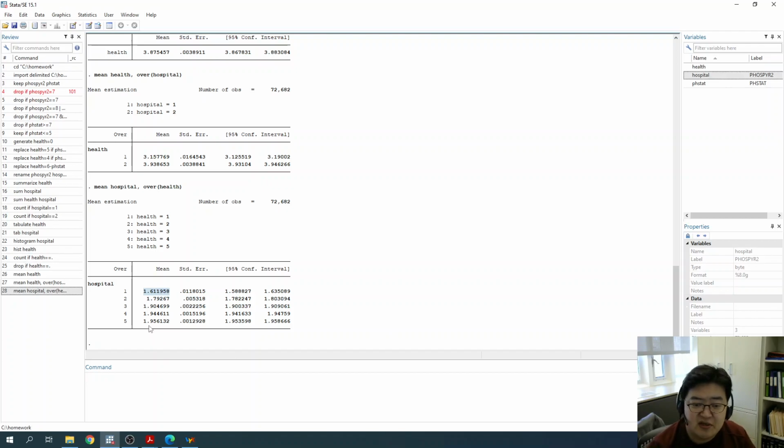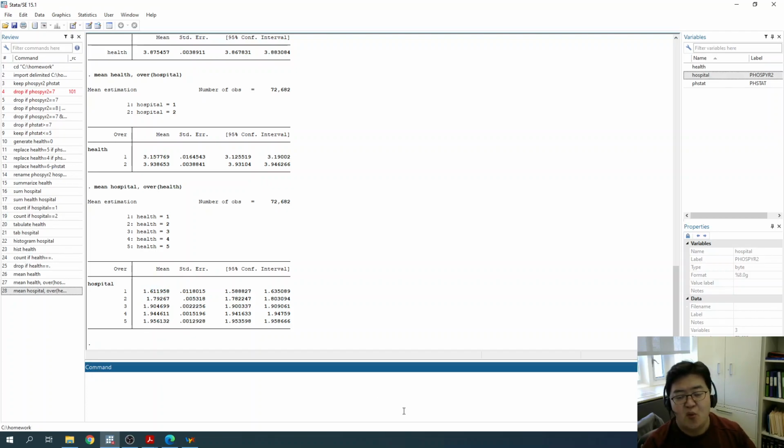What's clear here is if it's close to 2 rather than 1, that means 1 is yes and 2 is no. So this group is less likely to be hospitalized, and this group is more likely to be hospitalized. And it's not easy to interpret, so what I suggest here is